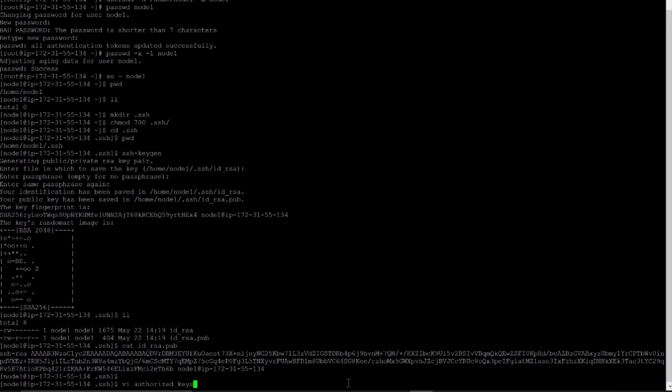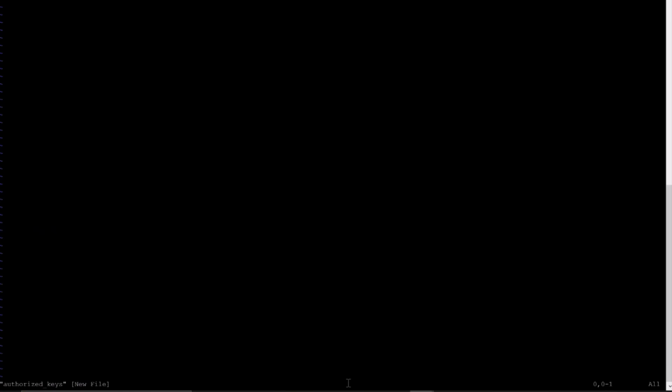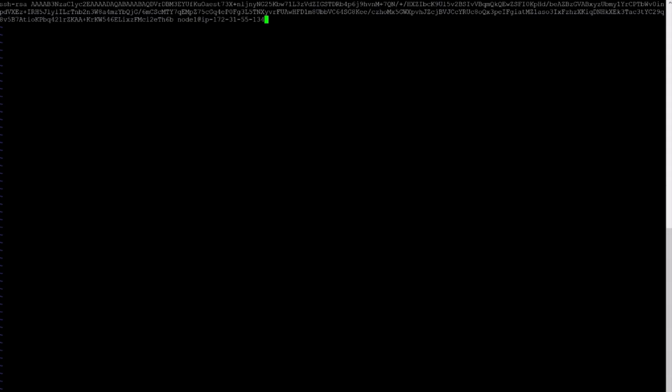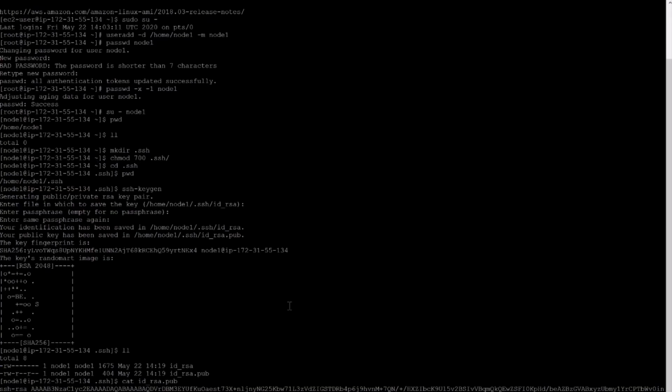Create this authorized_keys file and it will open. Now press I, paste and save this file. So we have saved our authorized_keys file with the public key of this node 1.